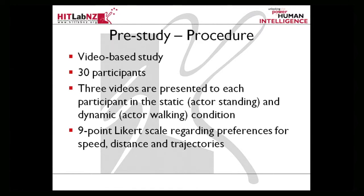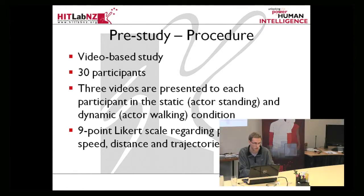Three videos were presented to each of the participants in the static condition, when the actor was standing, and the dynamic condition, when the actor was walking. First they saw 3 videos in either a static or a dynamic condition. After each video, they were asked on a 9-point Likert scale about their preferences for the speed, distance, and trajectories. And after each block, either after all 3 videos in a static condition or 3 videos in a dynamic condition,